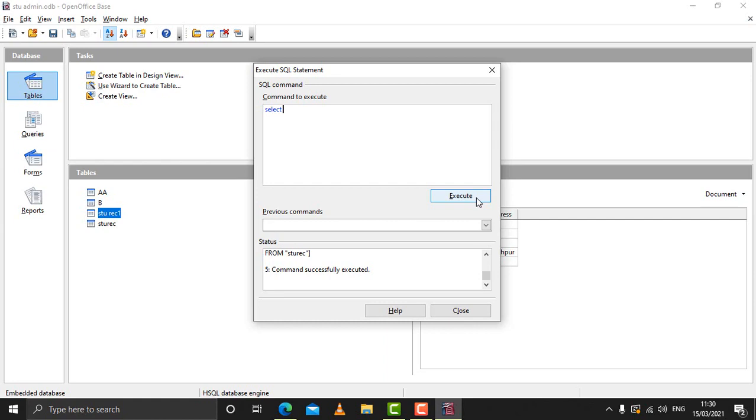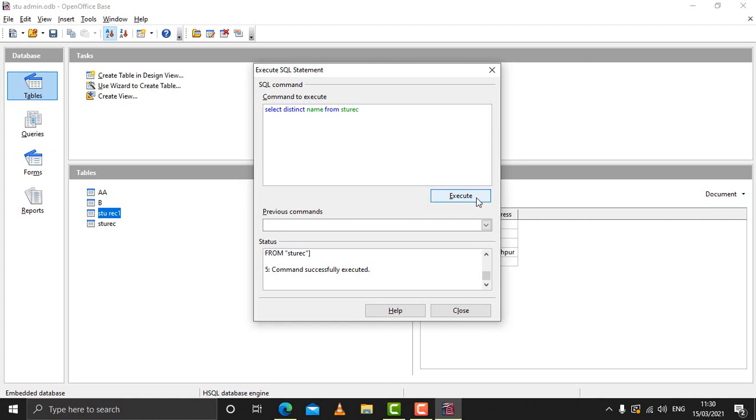So we can write select distinct, and then you need to write the name of the field. Say for example I write name. When I write distinct name, that means repetitive names will not be repeated, only the unique names will be displayed. And then I need to write from where, from STUREC.